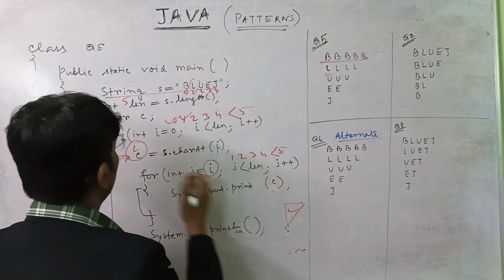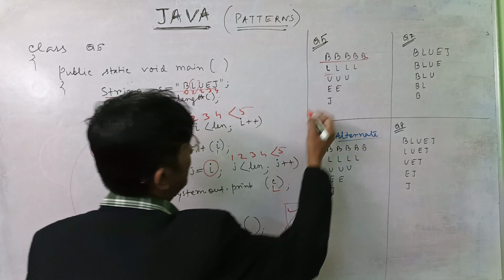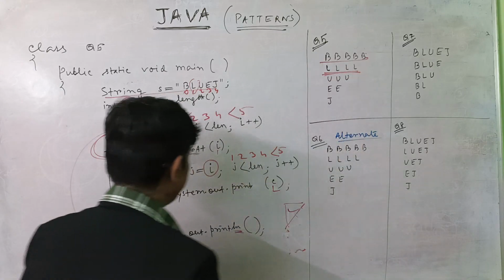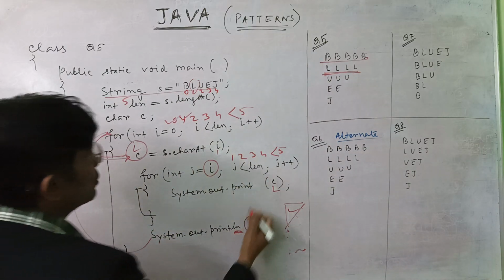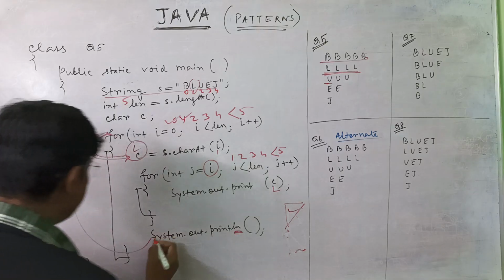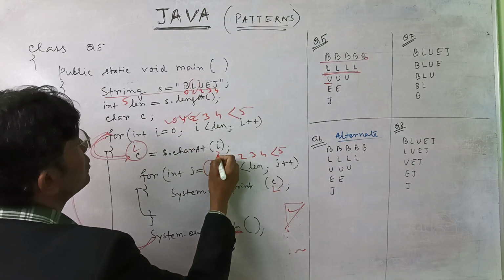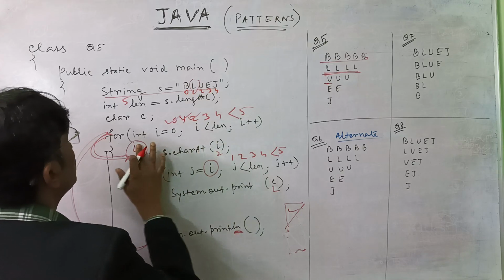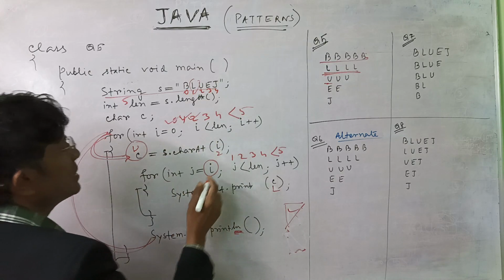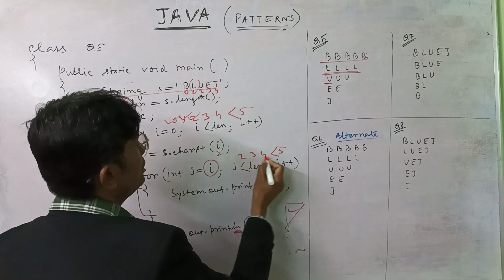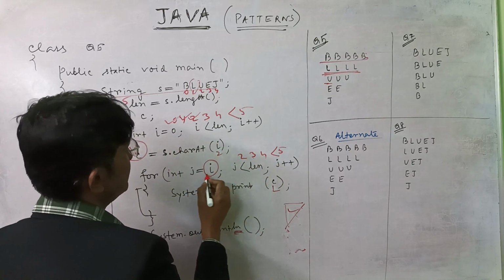So 4 times we will print L. So this L will be printed for 4 times. Again you are coming out, set your cursor in the next line, going back. So this one, I equal to 2 position, character is U. So this is U. So this time you see that 2, 3, 4, I equal to 2 means this J